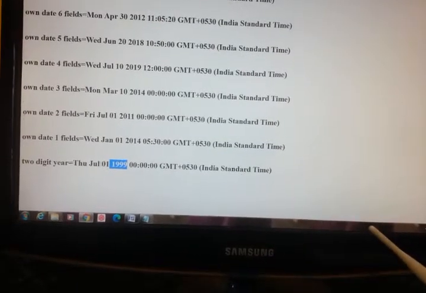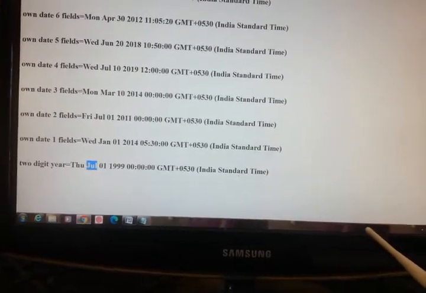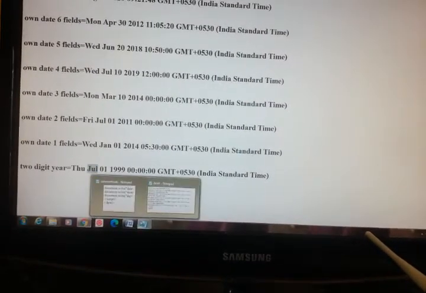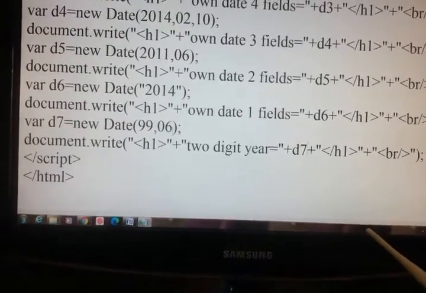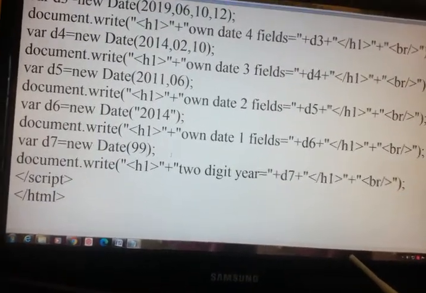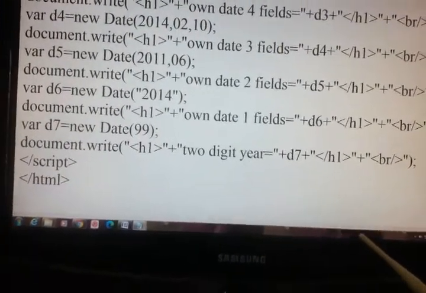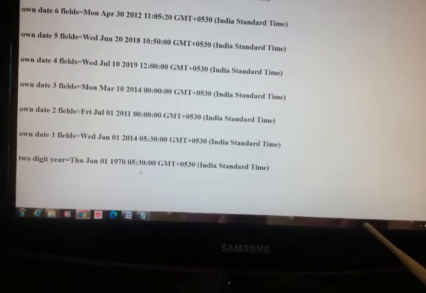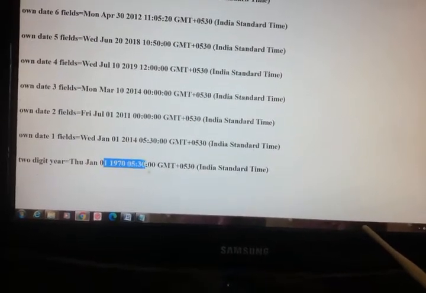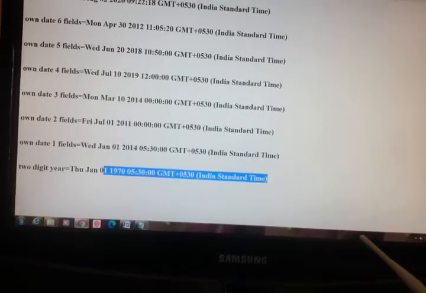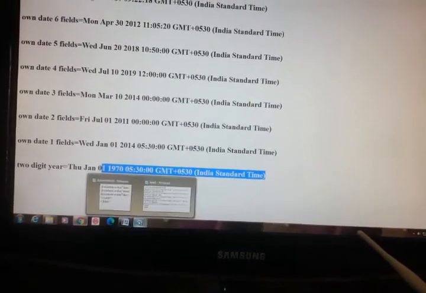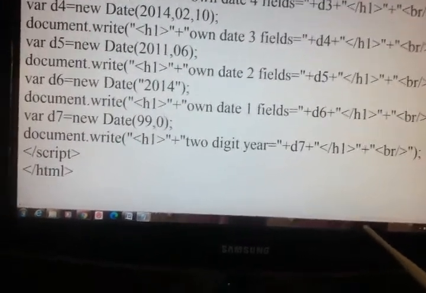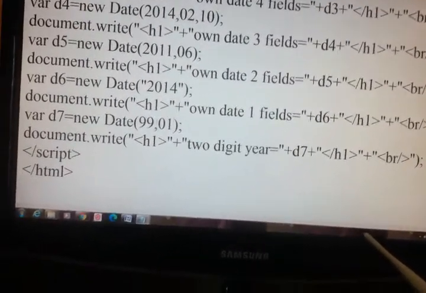And I have given 6, it has taken July. If I give only 199, it has considered it as milliseconds. So you should not omit the month. 99 comma 01 means you will get February.